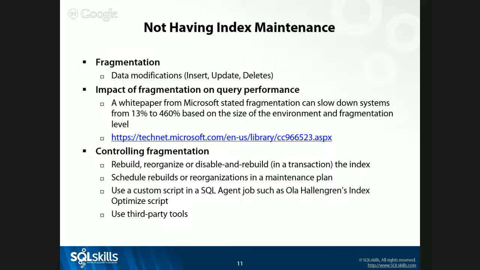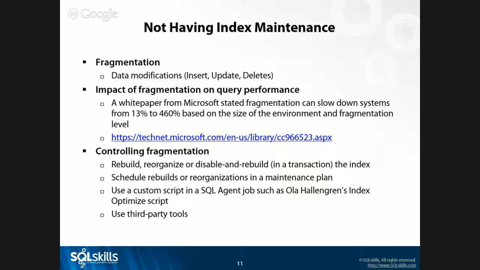Now, unlike statistics, there is nothing built into SQL Server by default that's going to fix your index fragmentation when it gets to a certain level. They're just going to fragment and fragment and fragment. Time and time again, I jump on a client's server, and when I have access to it during a maintenance window, I'll run the DMV to pull back index fragmentation stats. And it's fun to see how many nines I can get across, where it's 99.9999. A lot of times it's 98.9, but the point is they're all fragmented at extremely high levels.